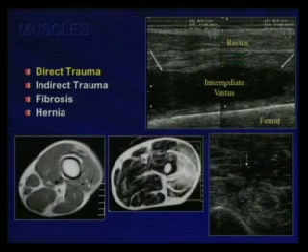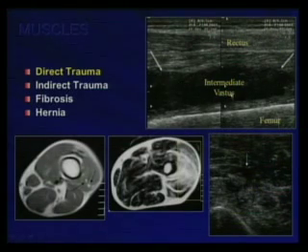We use ultrasound to evaluate for muscle trauma. Muscle trauma could be direct or indirect. We can check for fibrosis, or we can check for hernias. So let's see this sagittal ultrasound of the anterior thigh. You can see here the rectus femoris, and this is the vastus intermedius. And you can see this huge